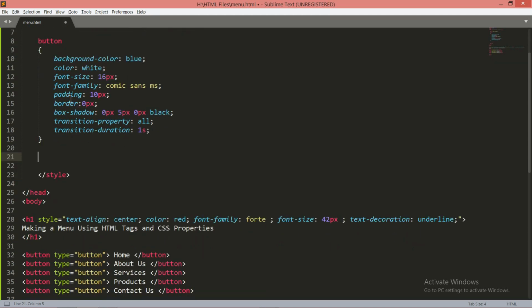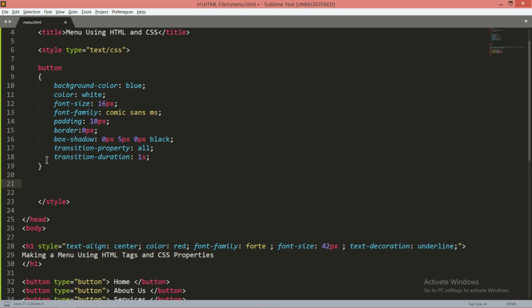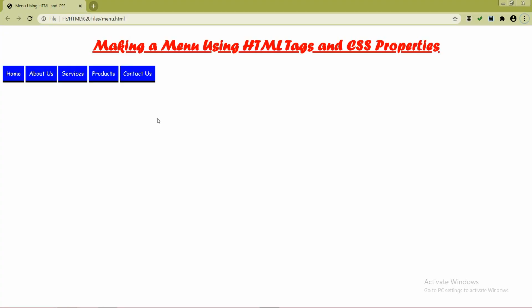After closing this particular curly braces within the button tag, see these are the normal properties of the button tag. Now what I want is whenever user places a mouse or the pointer over the button, it will animate in one sense. In what sense? Maybe it changes its color, maybe it changes its shadow direction, maybe it will increase the size. So that is called transitions properties.